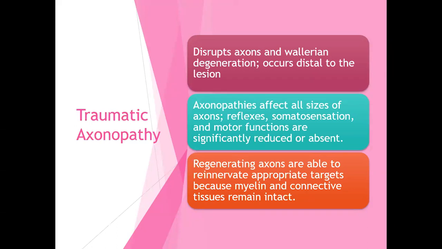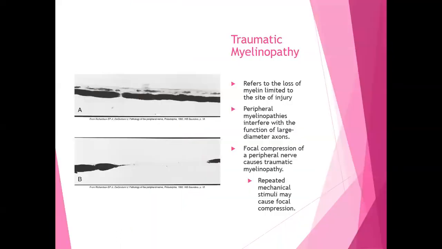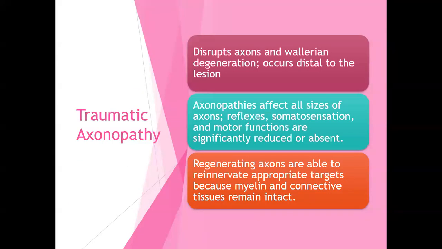When we get into traumatic axonopathy, so instead of myelopathy, now we're getting into the axonopathy. The axon is disrupted, but the myelin is intact. So with the traumatic myelopathy, the axon is intact, but the myelin is disrupted. With axonopathy, it's just the opposite. So you get degeneration, Wallerian degeneration, which is one of the things that kills off nerve cells, distal to the lesion,